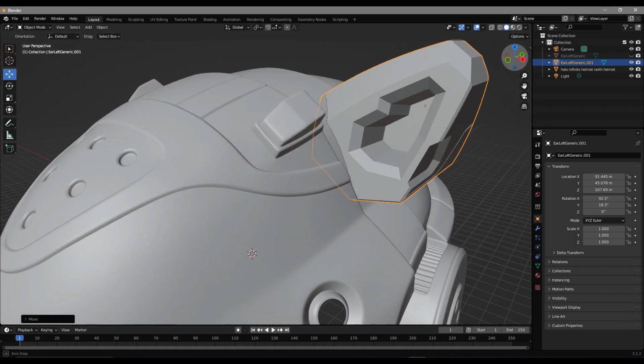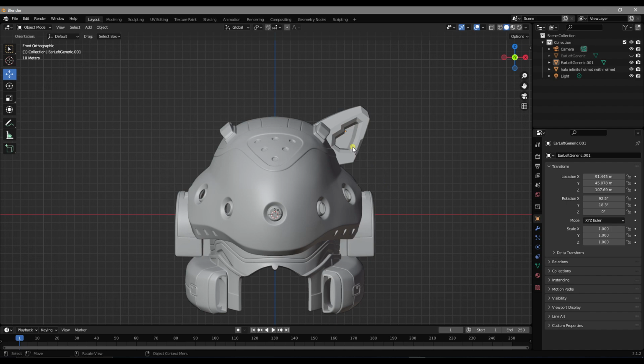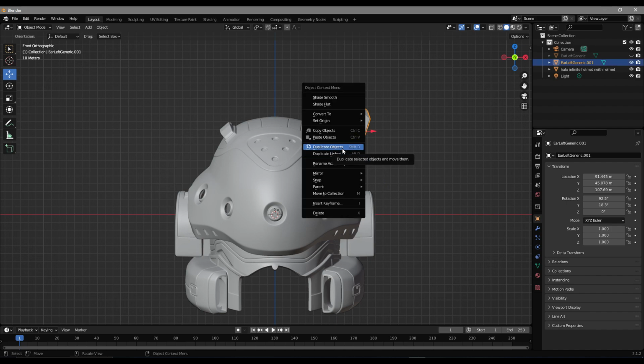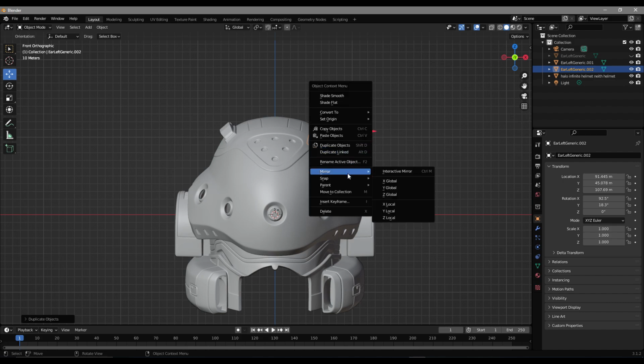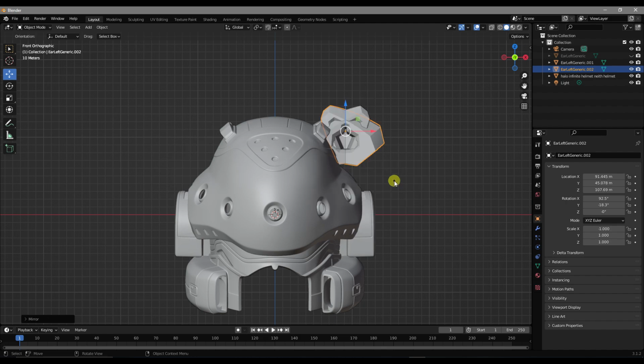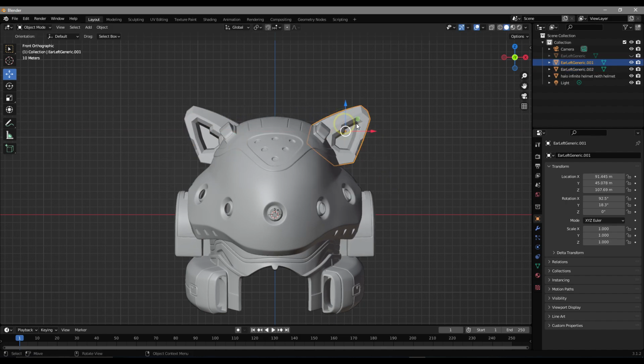If you're happy with the placement, right-click and choose Duplicate Object, making sure not to click after the command and instead pressing the Escape key to keep the duplicated object at the same location as the original. Next, right-click and select Mirror, then in this case, the X Global option. Your mirror access may vary depending on your object setup.